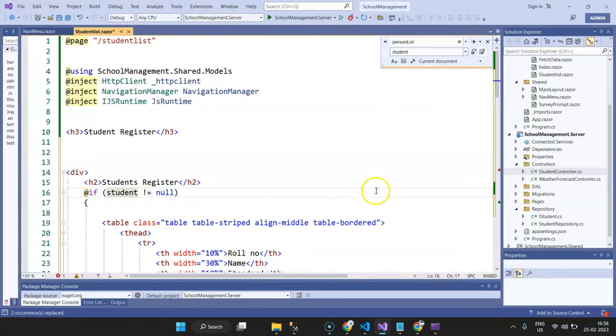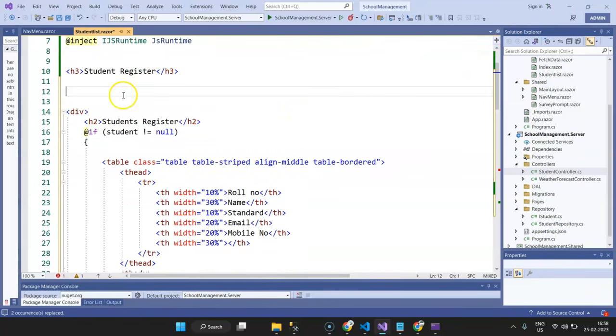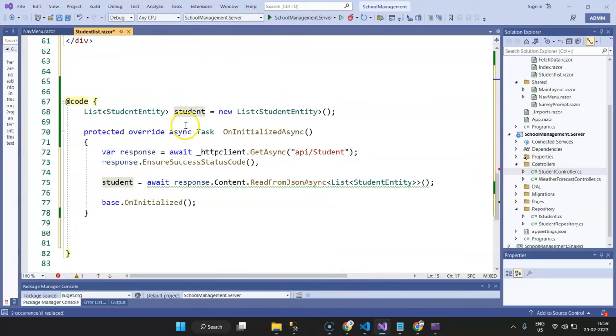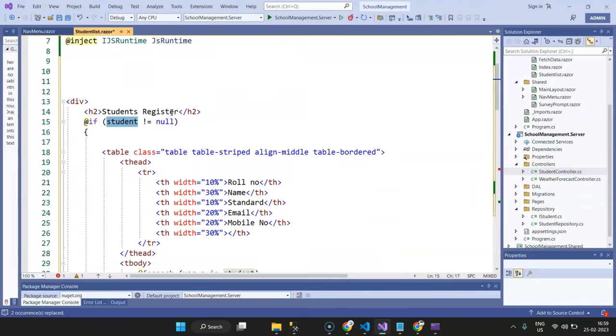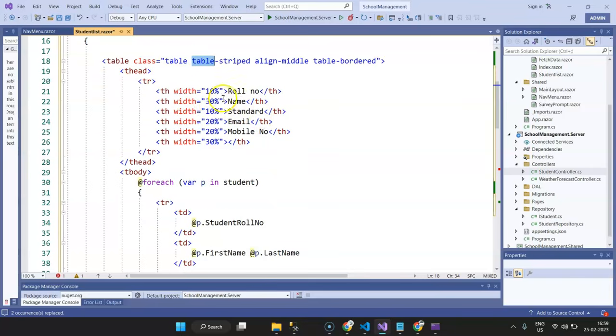Okay, so I defined, here is the code. I have created a div method and I say students register. I check whether this student object, which is defined as null. If it is not null, I define this table, the Bootstrap table method, and then I create the headers: roll number,